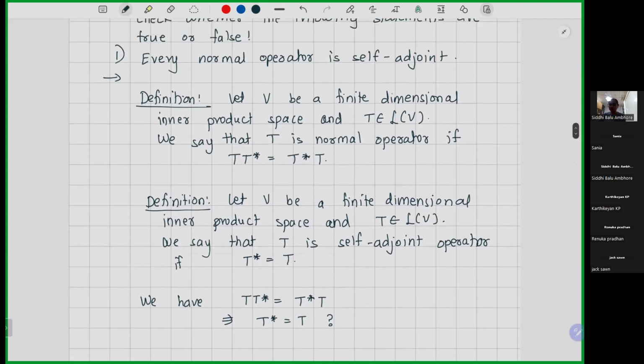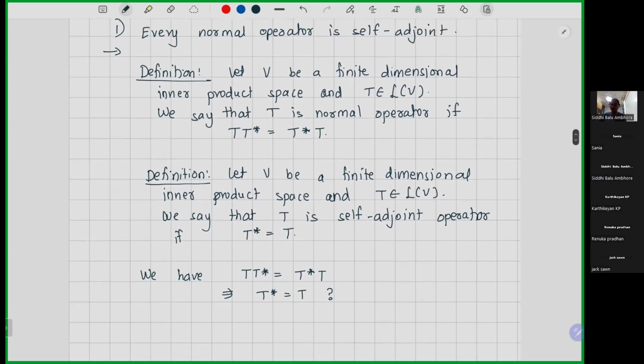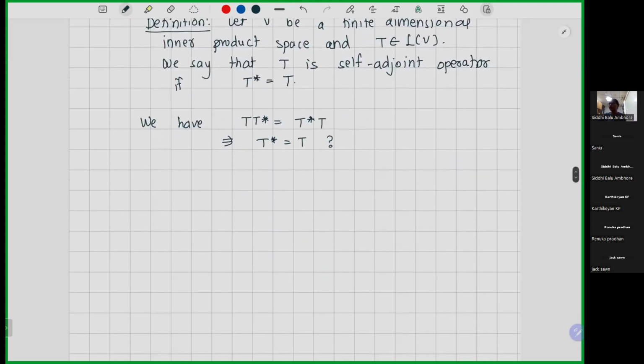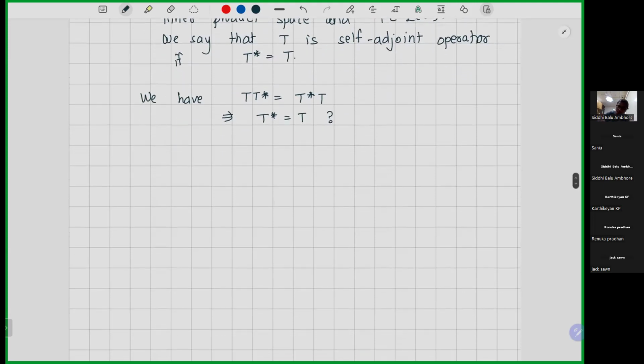Okay, so the statement is actually not true, because just because the composition gives us the same thing does not imply that the linear transformations themselves are equal. So let us start with this example. Let T be from R2 to R2, and I am fixing the basis beta as (1,0), (0,-1),